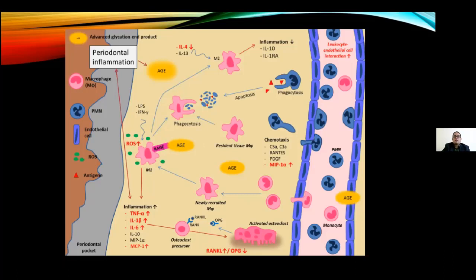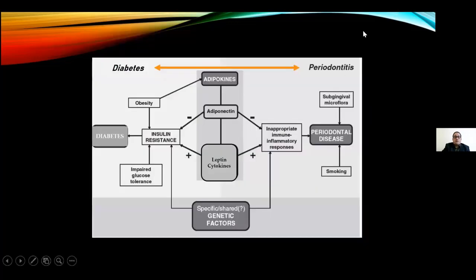So this more or less captures the immunological aspects in a very simplistic way with respect to periodontitis in individuals having diabetes. If you look at another particular figure, cytokines and leptins as well as adiponectin. These are going to have a role in bringing about increased insulin resistance, that is leptin and cytokines, and an inappropriate immune inflammatory response. We've already come across that adiponectin is usually anti-inflammatory, so they can actually bring about an inhibition of the insulin